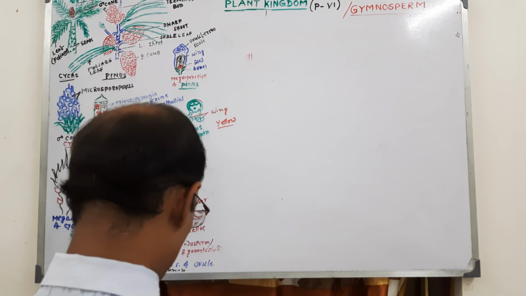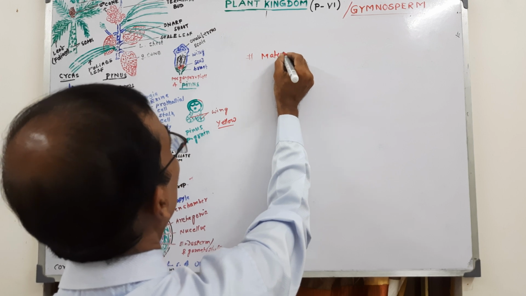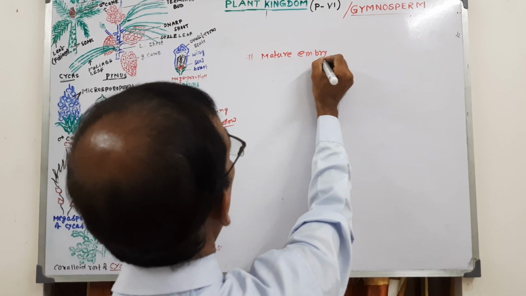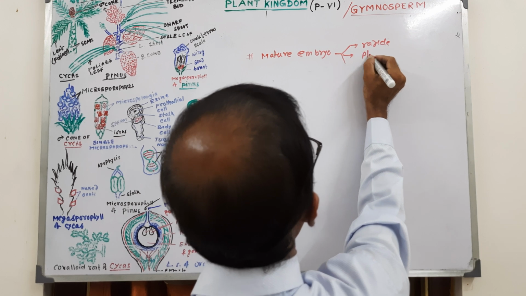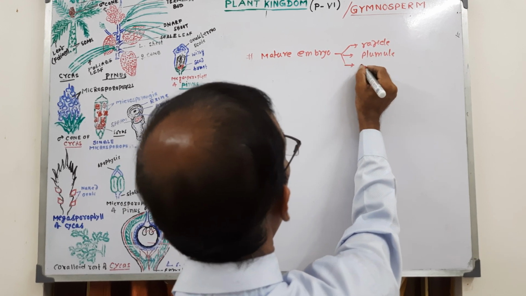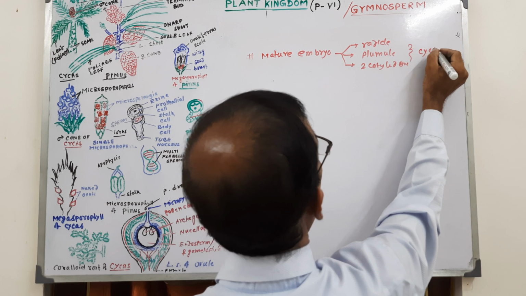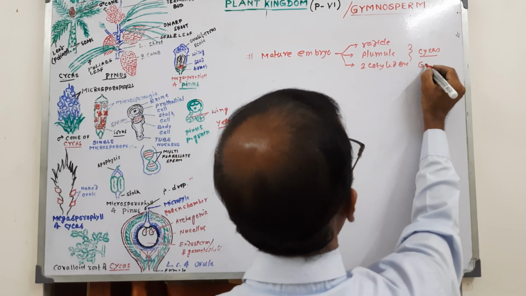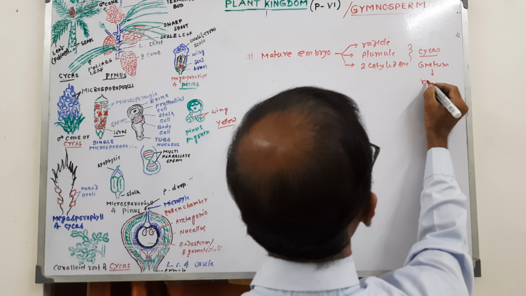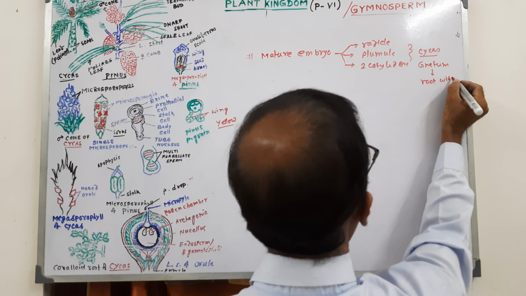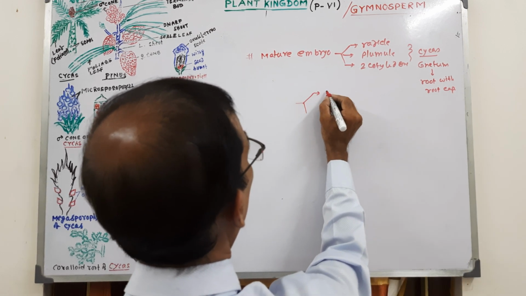Mature embryo consists of radical, plumule, and two cotyledons as in Cycas, and also Gnetum, but they have radical with root, where root with root cap, an extra character, root cap. Okay, or it may be radical